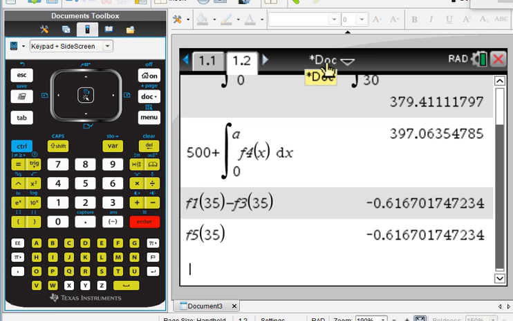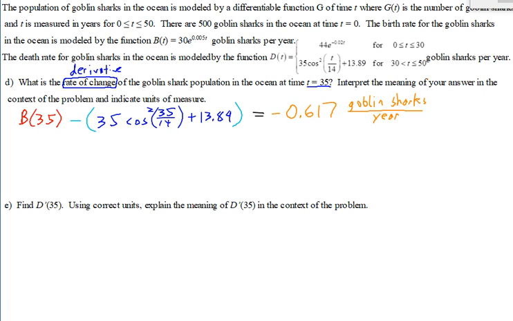All right, so then it says to interpret the meaning of your answer in the context of the problem and indicate units of measure. So whenever you're interpreting the meaning of a derivative, they want you to understand the importance of whether your answer is negative or positive. In this case, it's negative, so that means the goblin shark population is decreasing, versus if it was positive, it would be increasing. So the way we can word this is say,